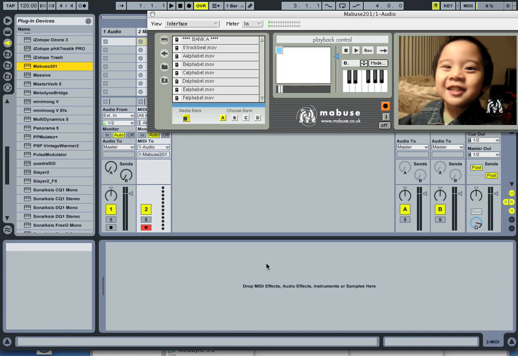Okay, so this video is going to show you how to set up the arpeggiator within Ableton to trigger Mabuse and come up with some quite cool effects. I've already loaded up Mabuse and imported some movie files into it, and I've also set up the MIDI track. If you're unsure how to do that, then you might want to check out our other videos on setting up